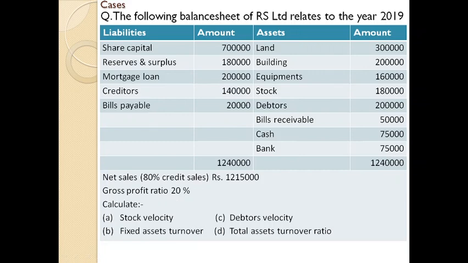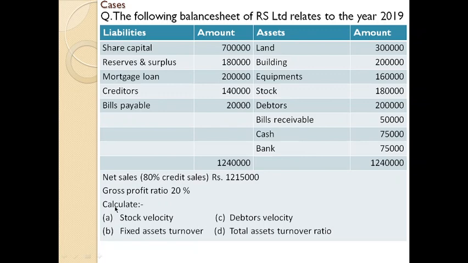It's an implied term, meaning you must remember that whenever gross profit or gross profit ratio is given, with no further information relating to that, it is implied that gross profit is 20% of sales. You will learn gross profit ratio in the future session, because now we are dealing with activity ratio. We will learn about gross profit ratios in the next session, that is profitability ratios. For the time being, let's understand that gross profit ratio 20% means gross profit is 20% of sales.